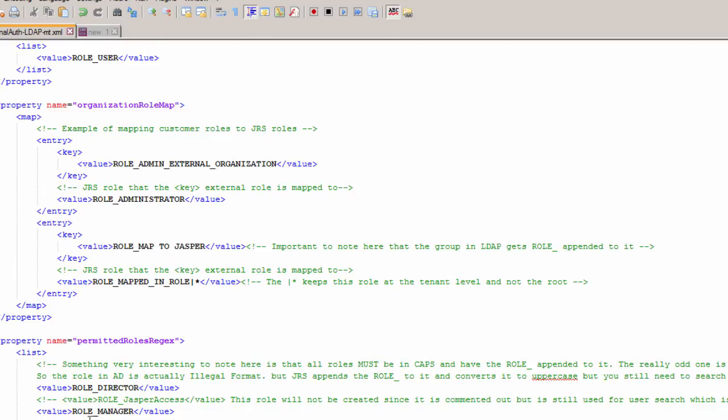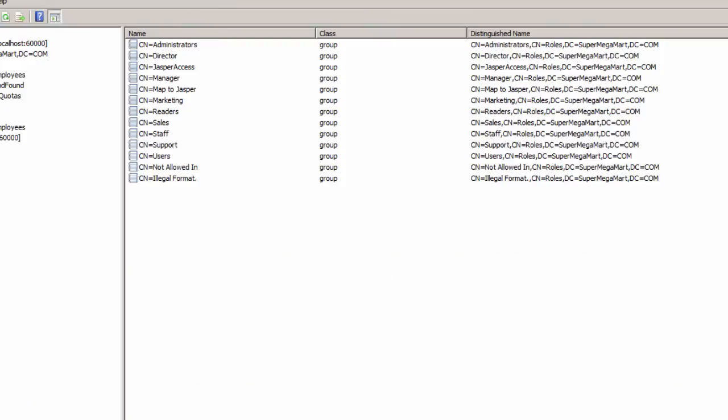Okay, so these are the roles that are going to be permitted into the system. Now let's talk about the actual mapping. So what's going on is these roles are going to be allowed to be persisted into the system. The only way they would not be persisted into the system exactly like this is if they're mapped to something else. Also notice that if you take a look at these in here again, just want to bring this up, not allowed in,